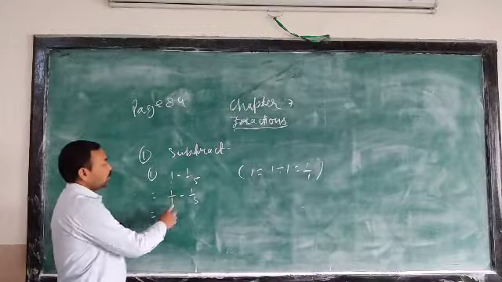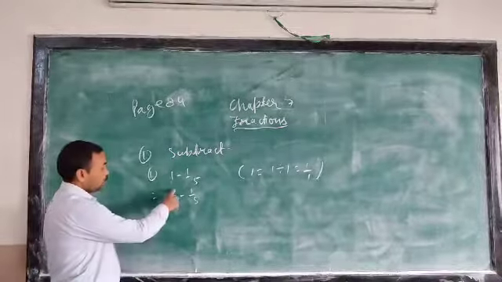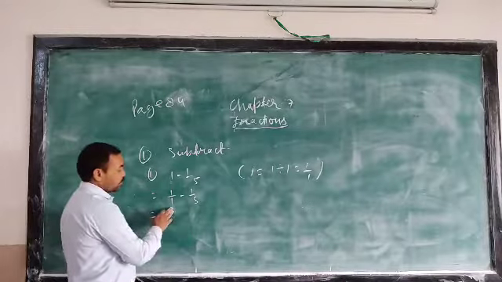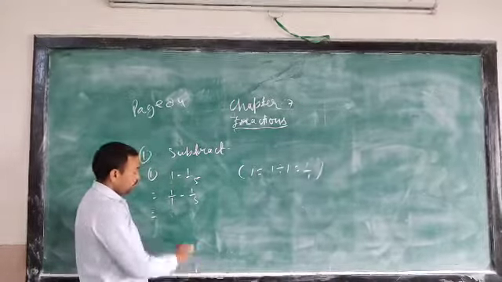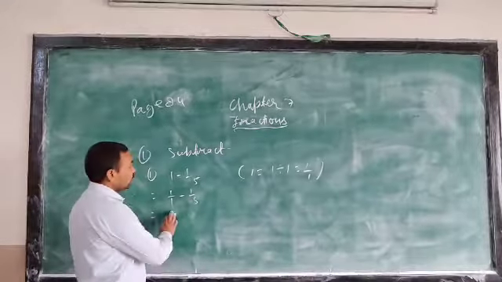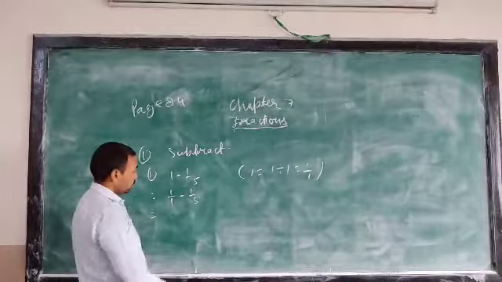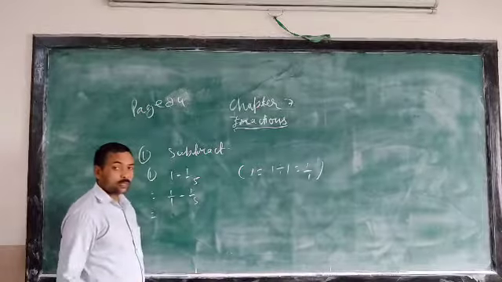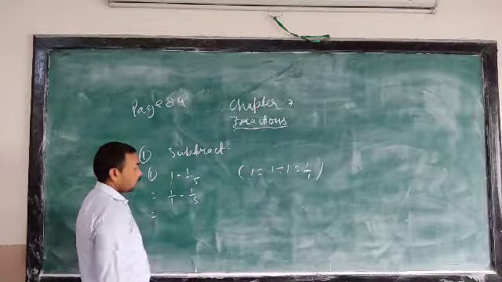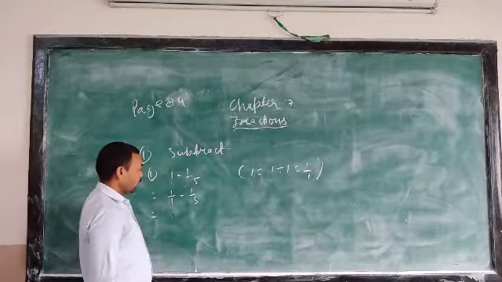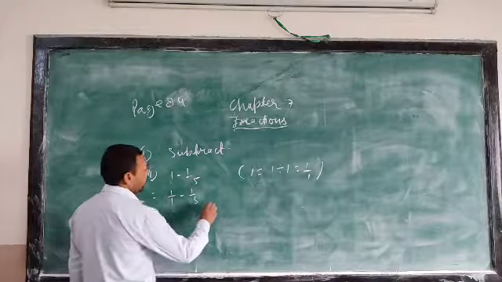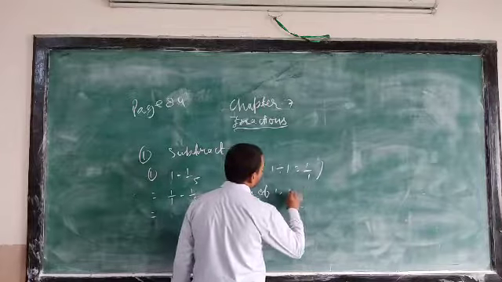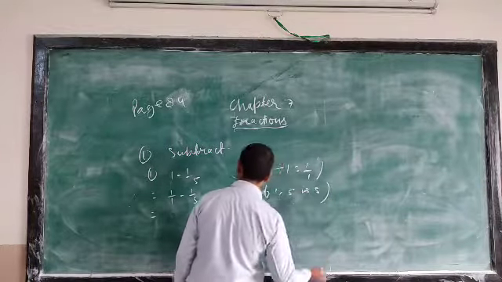You may think this is not a fraction, but this is also a fraction. Numerator and denominator are the same, this is the whole number part. So how to subtract with this denominator 1 and this denominator 5? Both have different denominators, that is, both are unlike fractions. So how to subtract unlike fractions? First convert these unlike fractions into like fractions by taking the LCM and using the equivalent fraction property. So the LCM of 1 and 5 is 5.